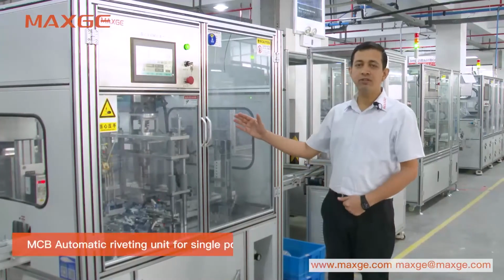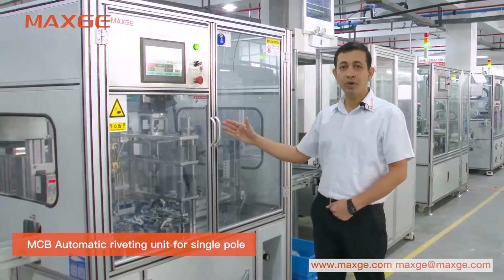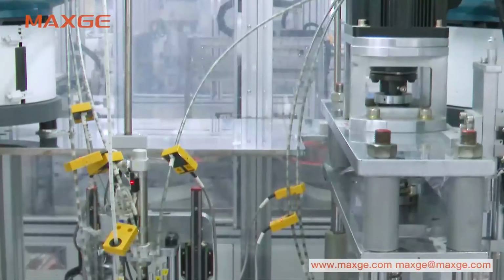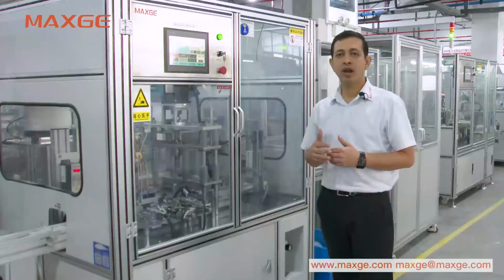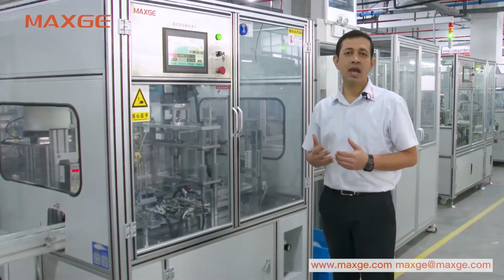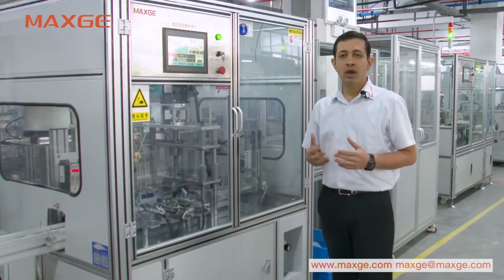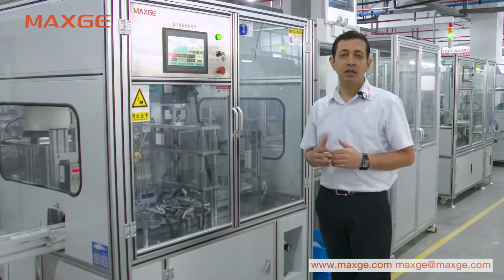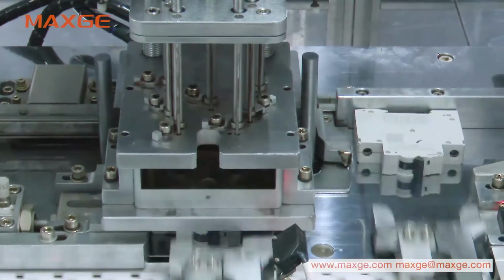Now this machine is an automatic rivet insertion machine for the MCB. In our MCB, the plus point is we have 7 rivets. As far as the competitors are concerned, they have only 4 to 5 rivets. By having more rivets, we can ensure the breaking capacity during a short circuit, so the MCB